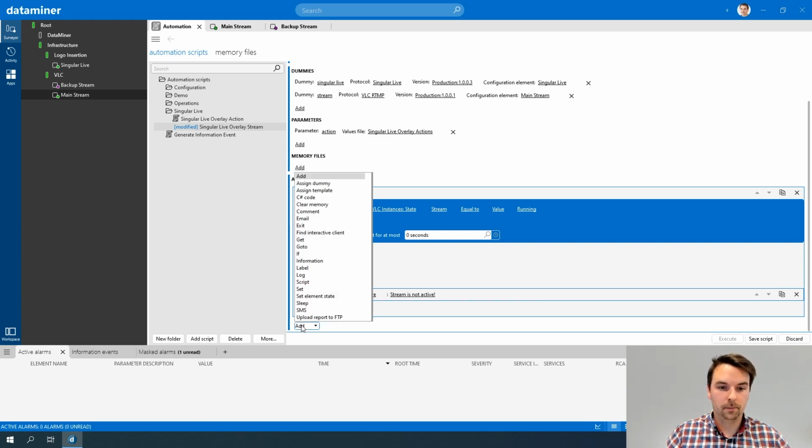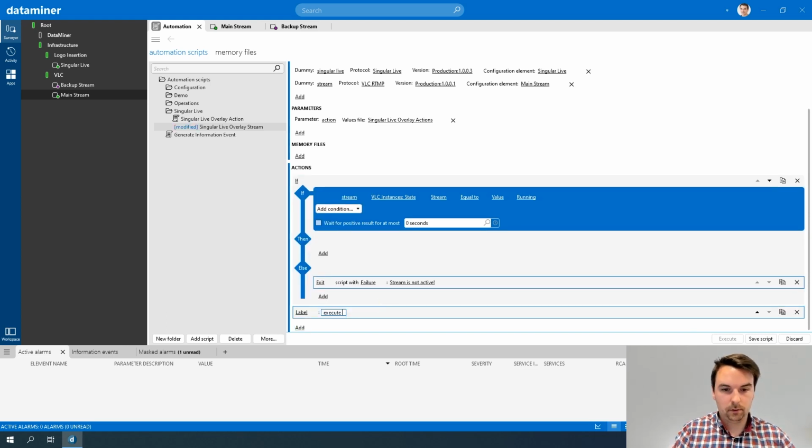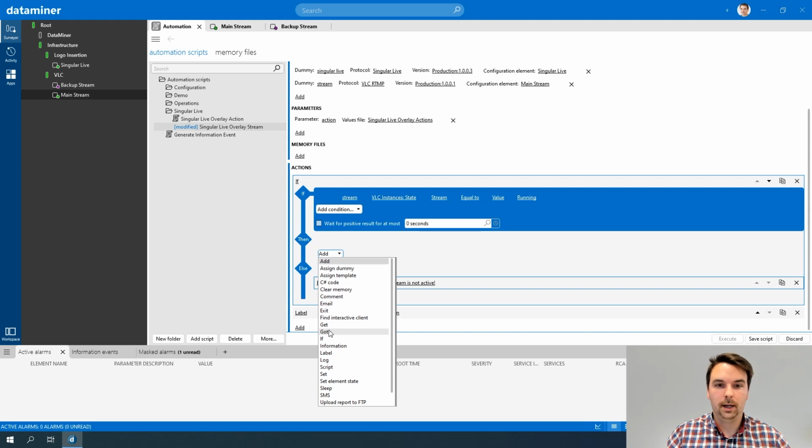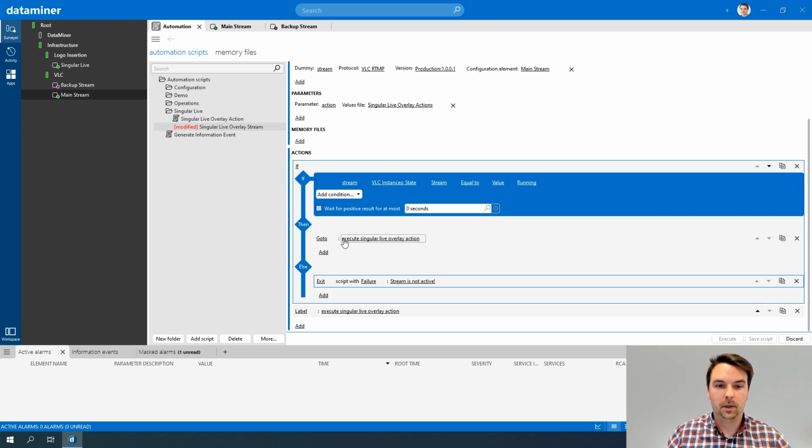So what I will do here is add a label, and I'll call it execute Singular Live overlay action. And now to call this part of my script from here, I can select a go-to action. If I then specify the same label, what will happen is, if my stream is running, it will go to the section with label execute Singular Live overlay action. So now I can actually call my script from here, and when it's running, it will automatically execute